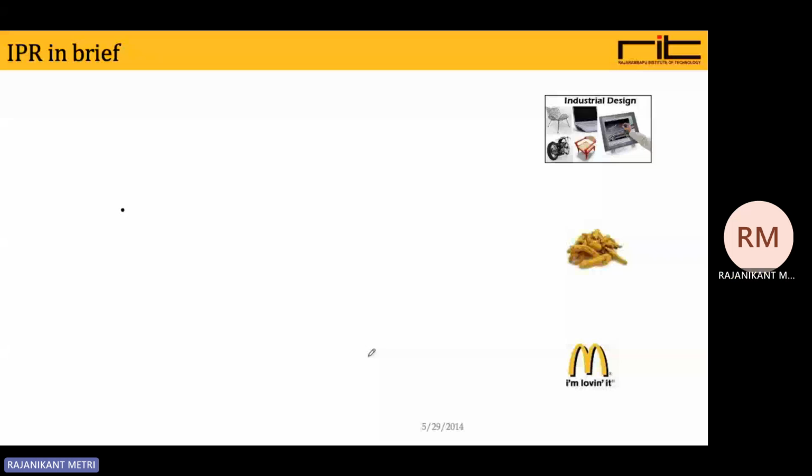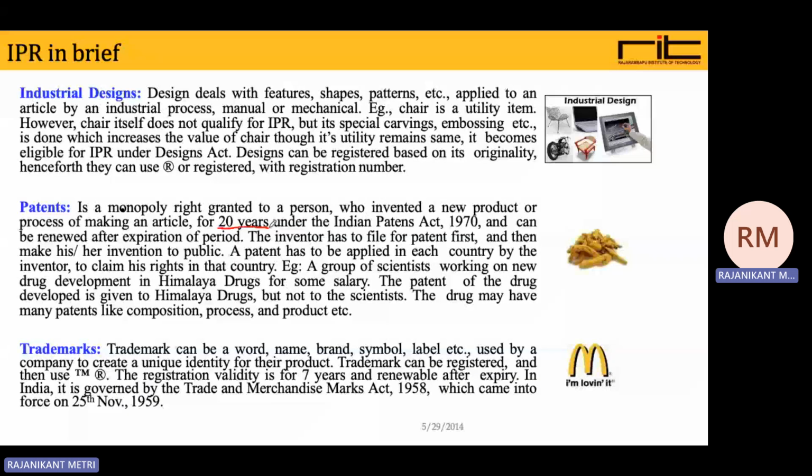Then the second one we have seen is patents. A patent is a monopoly right granted to a person who invented a new product or process of making an article, and the validity is 20 years under the Indian Patent Act 1970,